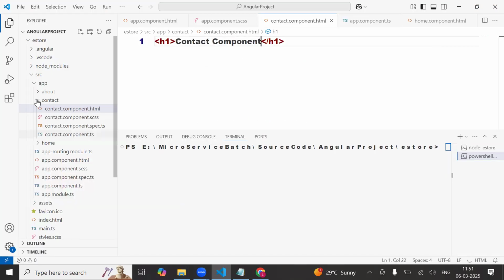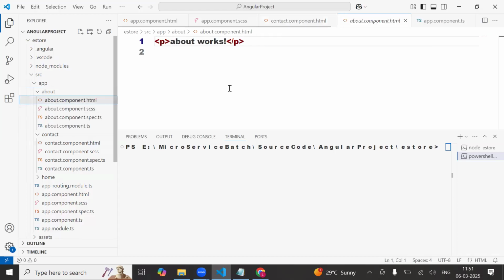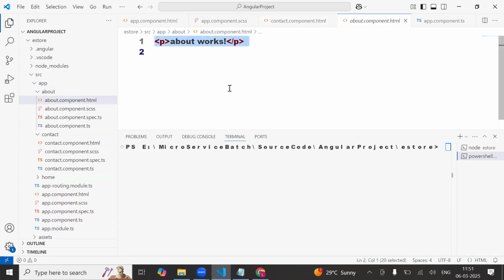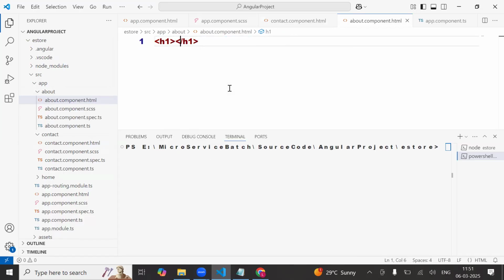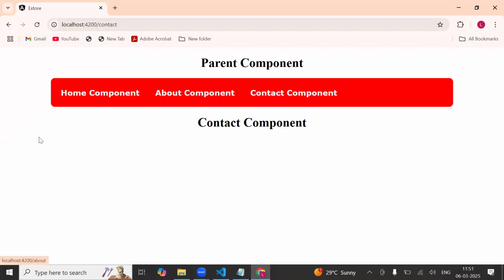Now what you need to do? Here, H1 about component. See,